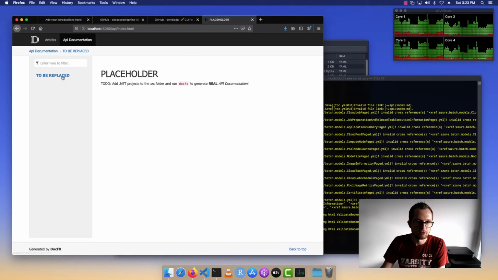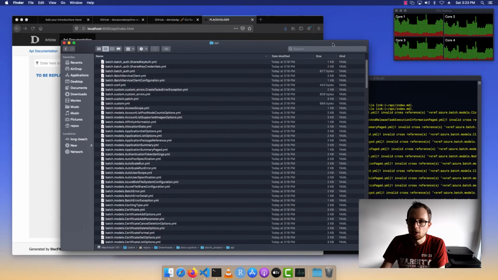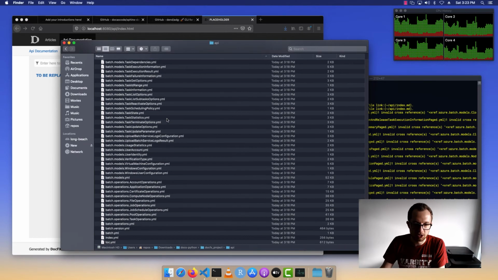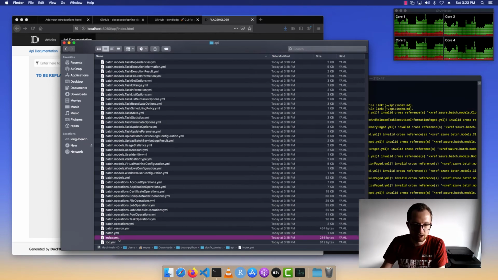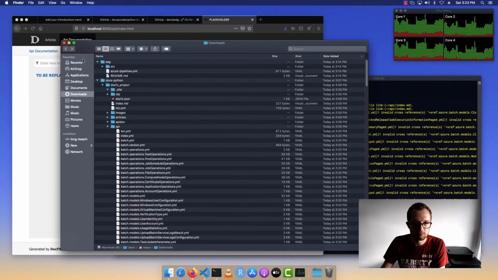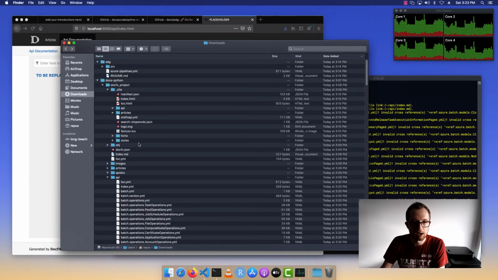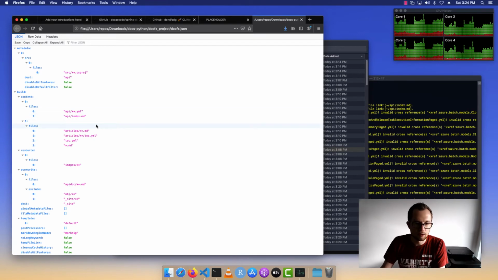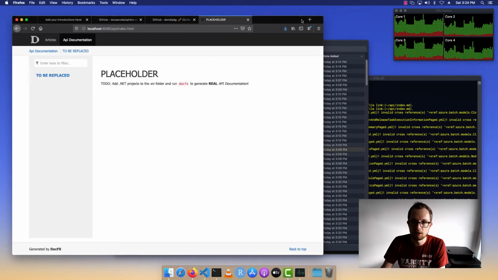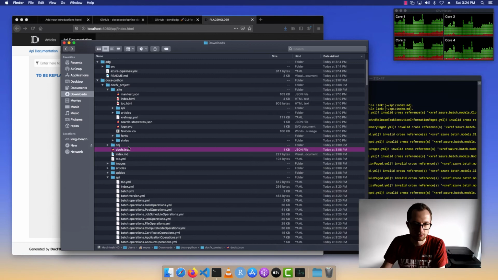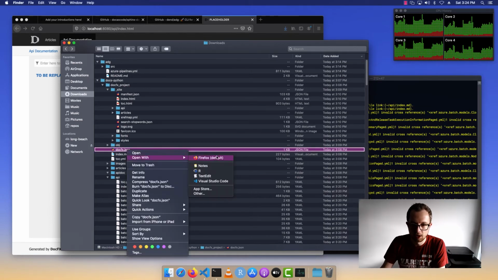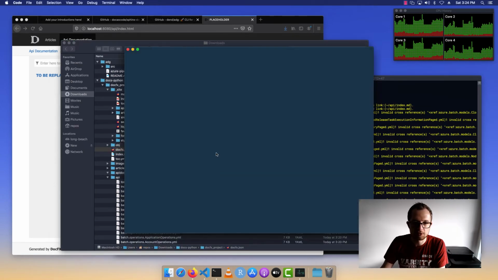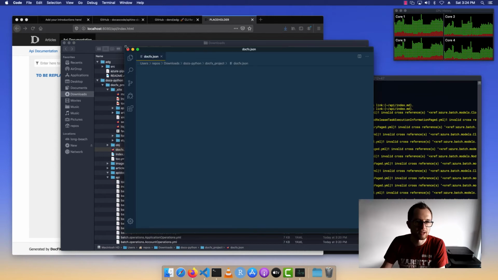So I can go back to the API documentation. And I think what we need to do here is to make sure that, let's see, toc.yaml, we have index.yaml, so that we can also build the TOC files properly. So sometimes when you have issues with a project, go to docfx.json, and I can actually validate here, and we'll open VS Code. There's no need to open it with the browser. So I'm just gonna open it in Visual Studio Code, and we can look at the structure of the docfx.json